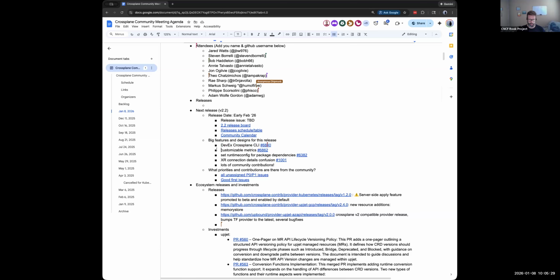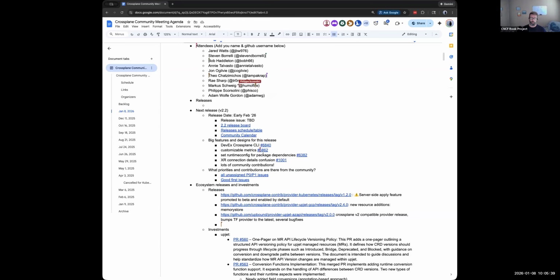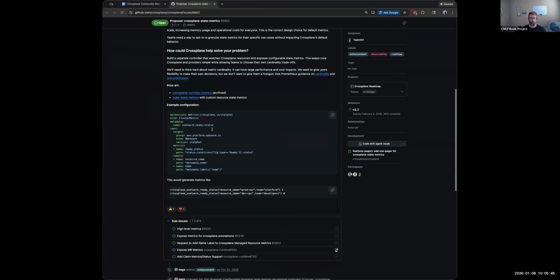One of the things that I was particularly excited about in the 2.2 milestone, and we'll need Christopher Haar to get back from his holidays and vacation time to give us an update on that, is this whole idea about having customizable metrics for Crossplane to do basically whatever you want with them and get any sort of metrics out of the entire Crossplane object model. So I think there's a lot of excitement about this. There was pretty decent alignment on some of the design for this as well.